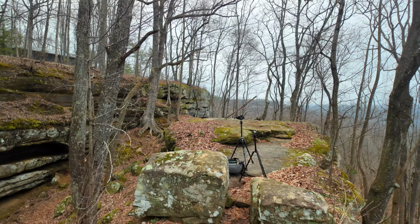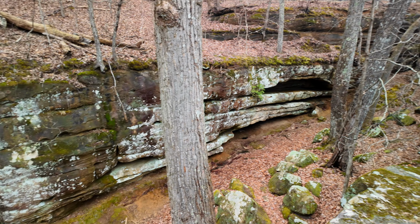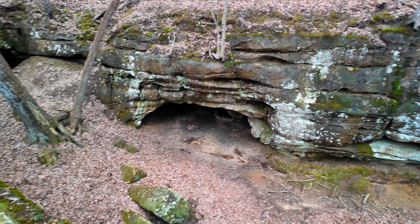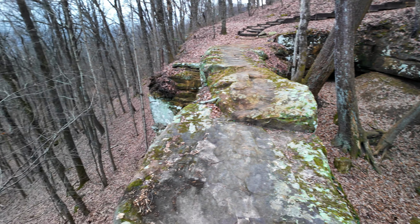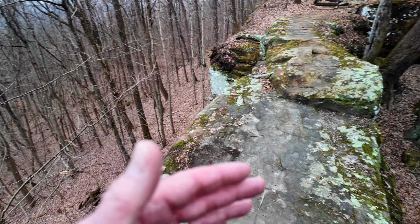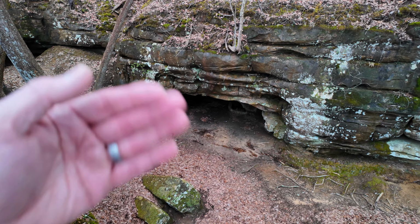All right, I am up on top of the arch. I want to give you an explanation of how these are formed. I'm going to turn the camera around. So what you're going to see here is I'm standing on the arch. On the other side is the area where that little cave was at that I took photos of earlier. And so what the explanation is that you'll have a bluff like we have on this downslope side of the arch over here. And then you'll get something similar to that cave thing where pieces of rock will fall away